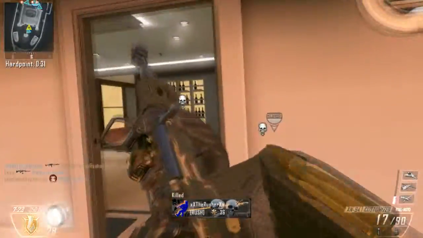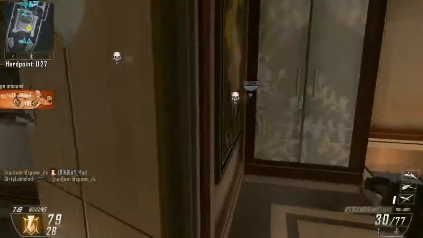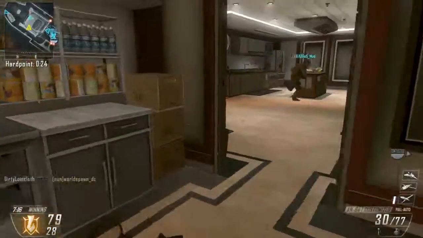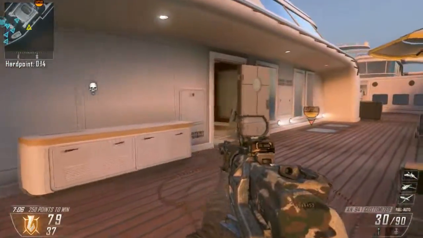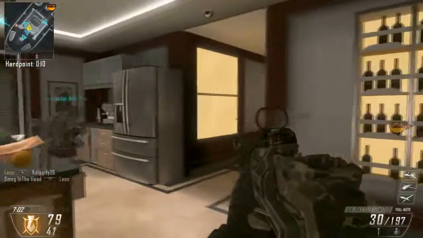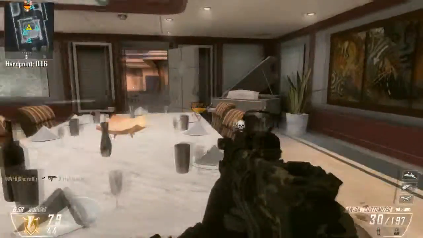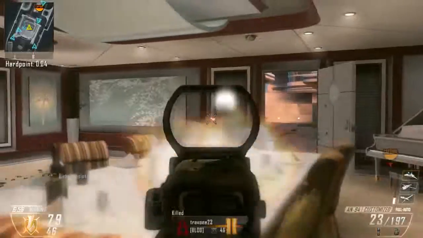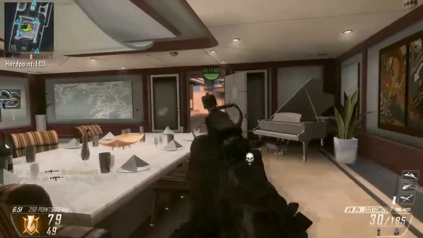As far as class setup goes, I run the AN94 in Hardpoint because I back off the Hardpoint and anchor, but it's not recommended. It's your choice. It's all about what gun you're comfortable with, what gun you think you want to anchor with, what gun you do the best with. Any gun is good. Perk-wise, you might want to run extreme conditioning. I'm moving real slow. Extreme conditioning and lightweight would be a great choice for this,